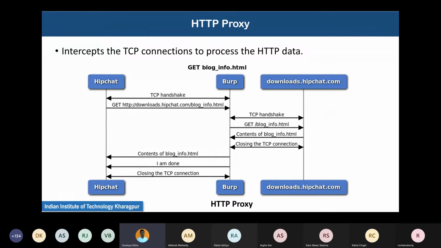Yeah, so although the primary motivation of the proxy server is caching, it is also used a lot in restricting access to information, like one student has answered. So, surveillance.